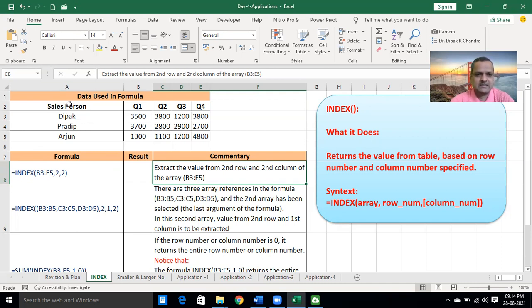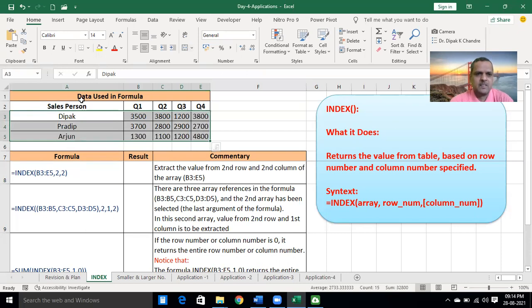This table starts from A3 to E5. In the first case, we consider the formula from B3 to E5. Then the second number represents the row number, and the next number represents the column number.